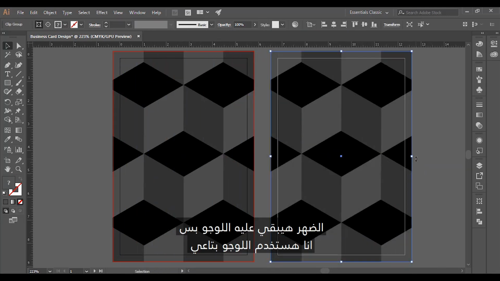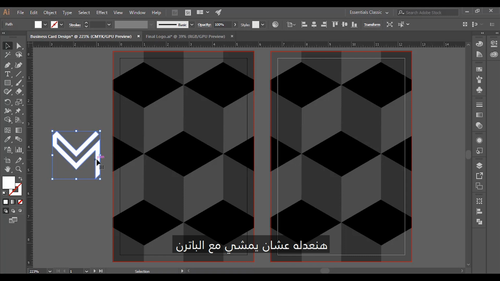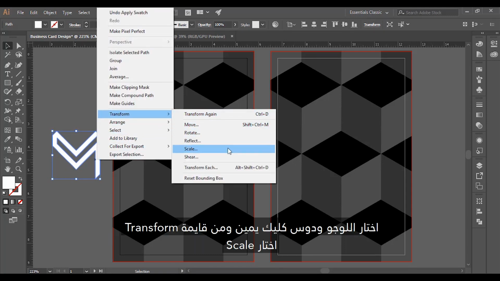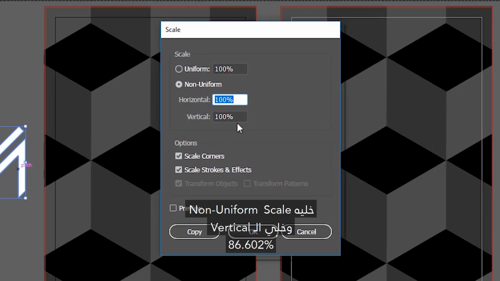Make another copy of it for the front side. The back side on the left will contain only the logo. I will use my personal logo here. Now let's transform it to go with the pattern. Right-click and from Transform menu, choose Scale. Set the scale to non-uniform, and set the vertical value to